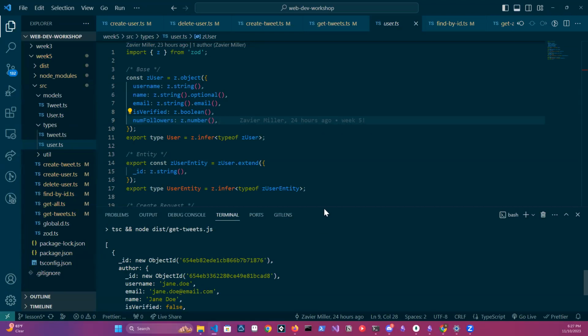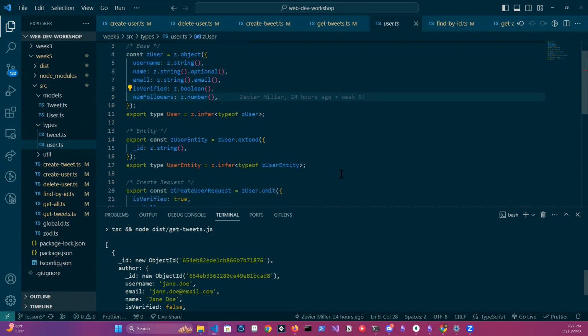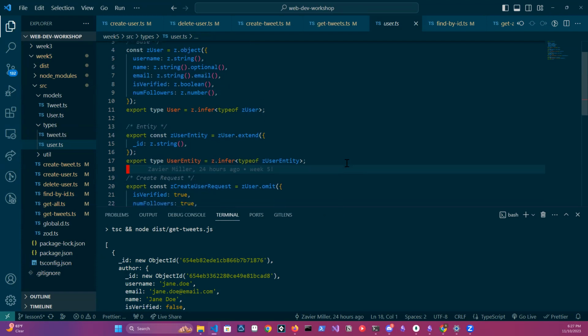So that's kind of what a user looks like. But remember, we're trying to create a user. And I don't want to specify the is verified and number of followers fields for creating a user. That's not allowed. I'm trying to create a user. I'm not allowed to set those fields. So in